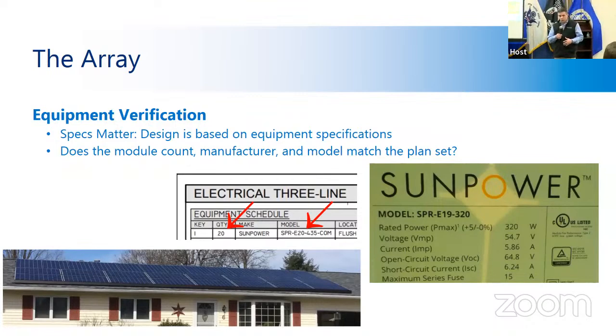One of the things you're going to want to keep in mind and definitely check for while you're looking at the array is to make sure that the equipment specified in the design documents you have already looked through is what's actually installed, right? You can make a design. I've seen many times where designs were provided and what's installed is completely different. So especially for electrical systems,